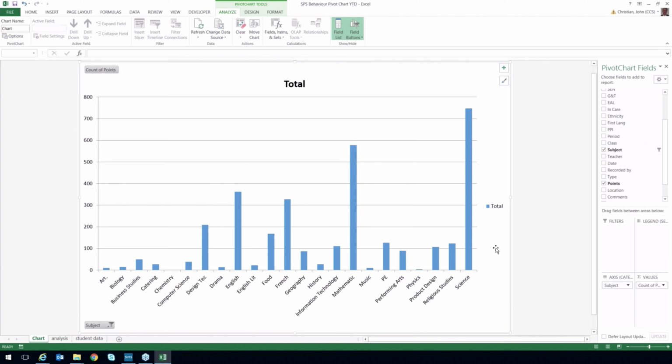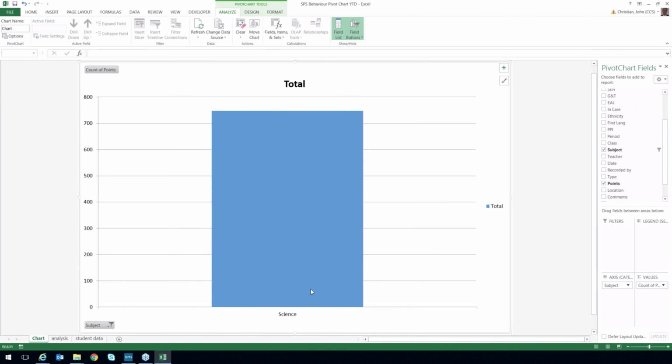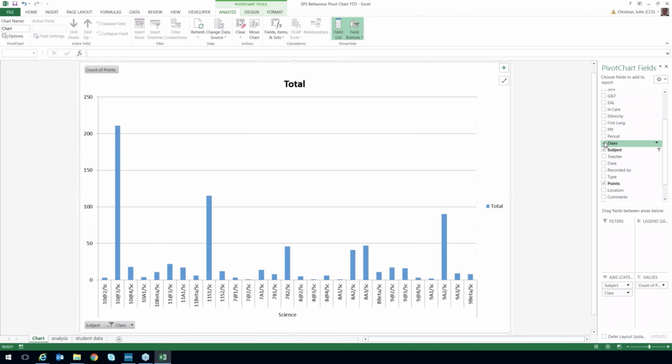I could, if I wanted to, click the names of the teachers, but I won't. If I want to zoom in on those science classes, here they are. Here's science. I just do this to remove the ones I don't want. Click on science. There it is. I can then click on the class, and it will show me the particular classes where they are, and I could split that down and look at the individual pupils as well. Very